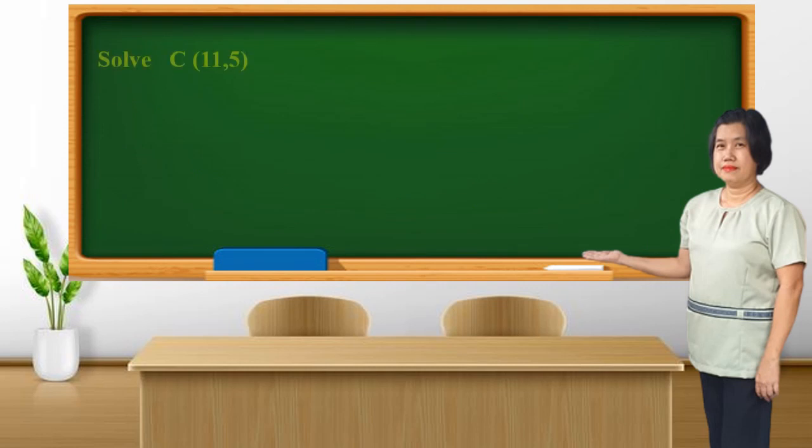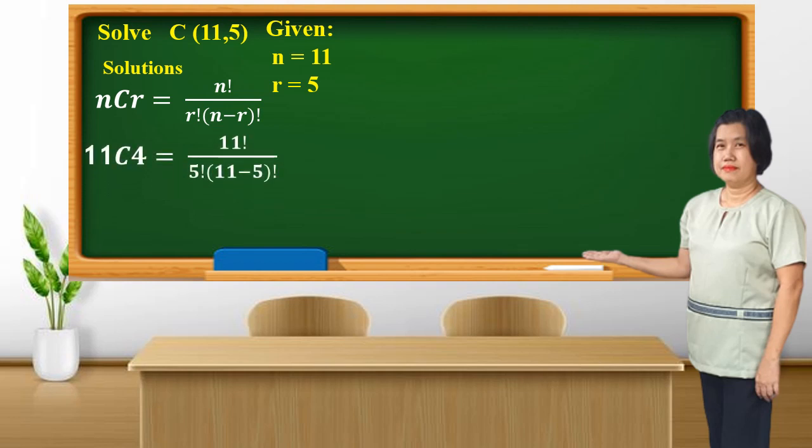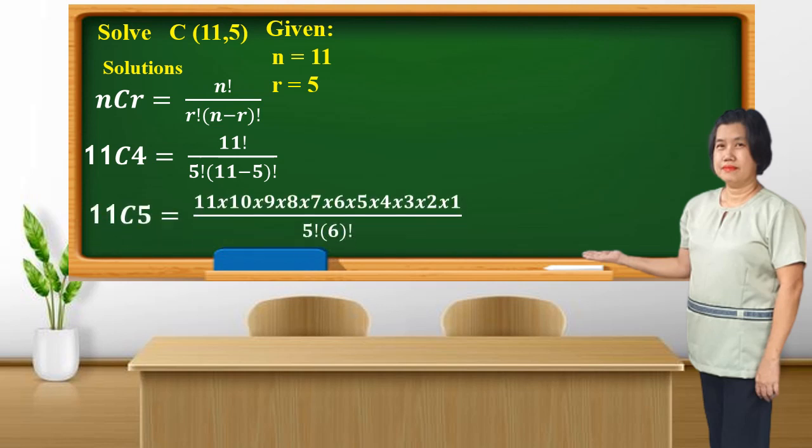Let's have example 2. Solve the combination of 11 objects taken 5 at a time. For the given, we have the value of n is equal to 11 and the value of r is equal to 5. Substitute it in the formula. nCr is equal to n factorial over r factorial times the quantity n minus r factorial. And that is equal to 11 factorial over 5 factorial times 11 minus 5 factorial. 11 factorial is 11 times 10 times 9 times 8 times 7 times 6 times 5 times 4 times 3 times 2 times 1, and that is equal to